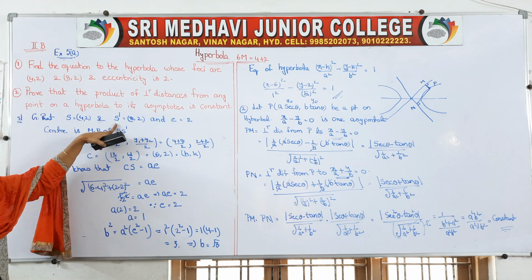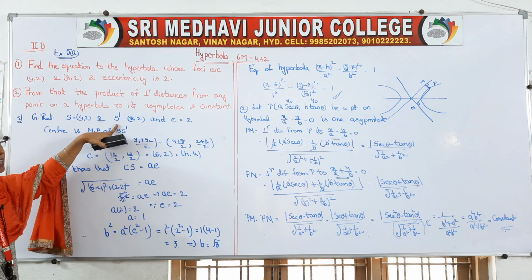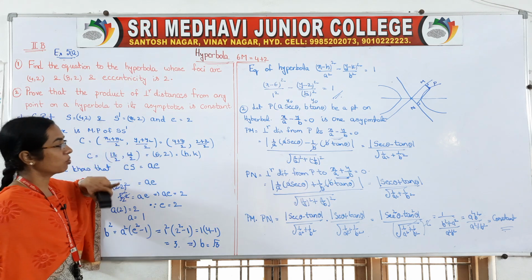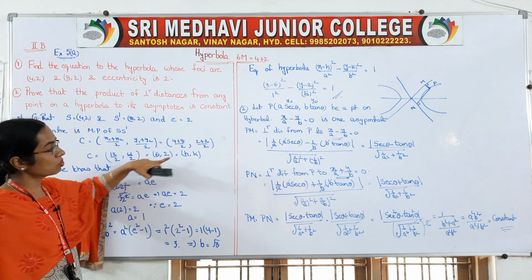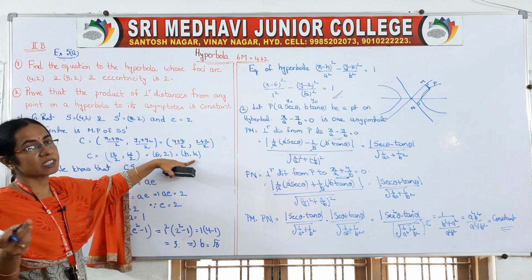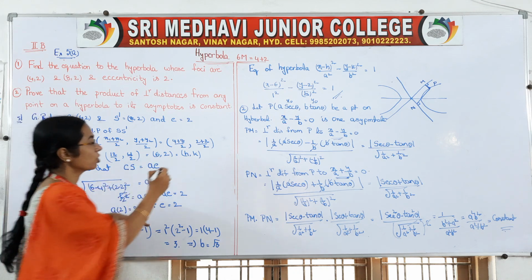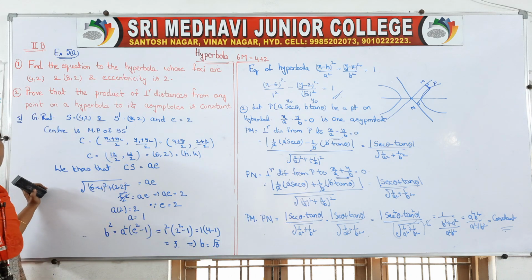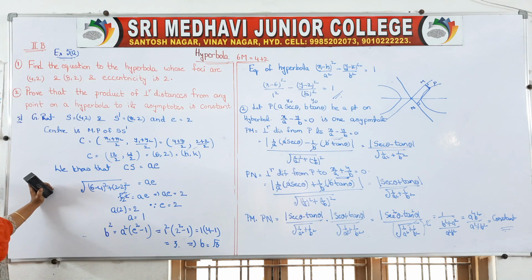C lies exactly in the middle of the two foci, right. So we have taken the center formula, x1 plus x2 by 2, y1 plus y2 by 2. So 6 comma 2, and the center is represented as h comma k. So you got your h and k values. Now try to get your a and b values. How will we get it?